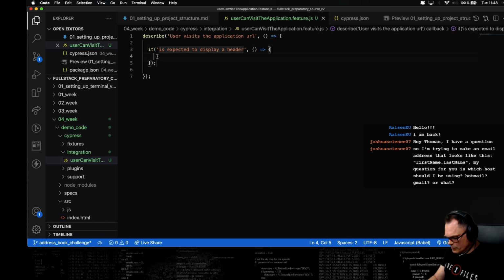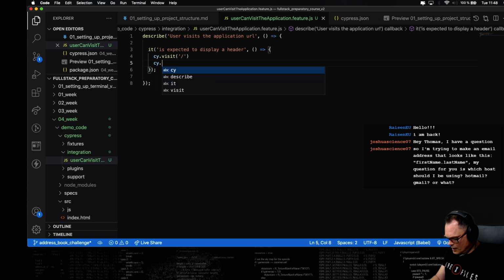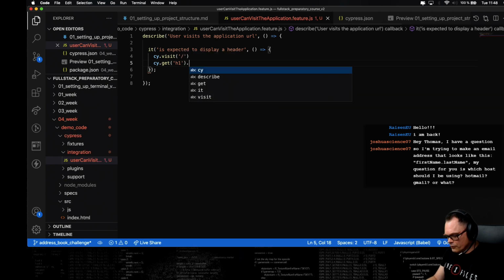And here we just want to say cy.visit, because we need to instruct the app to visit the application. So we do visit root path, just a slash, because we did set this base URL. That's the reason. And then we're just gonna say cy.get this h1, and we're gonna run an assertion, should,